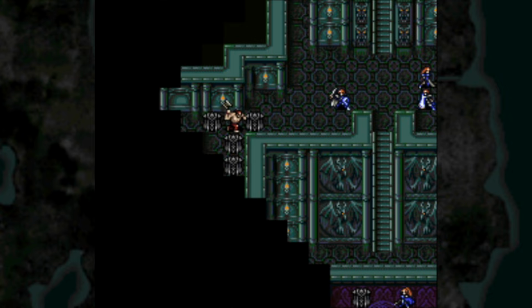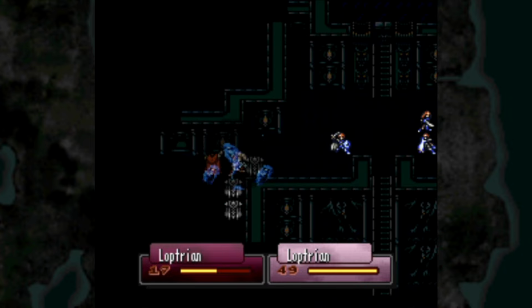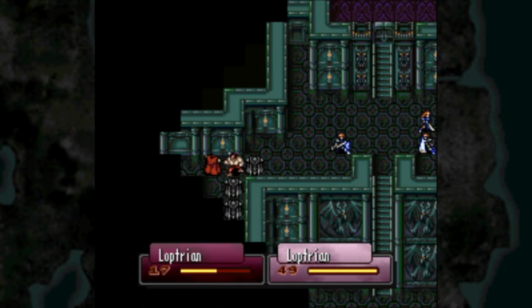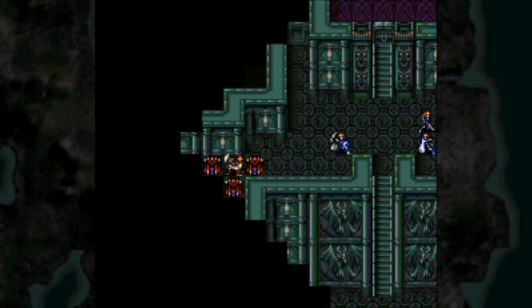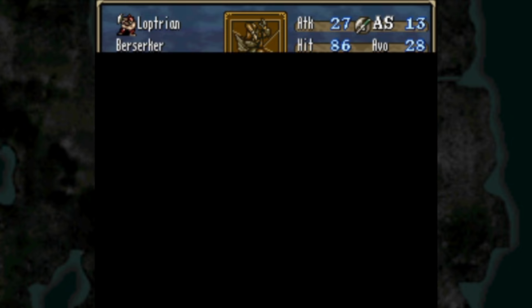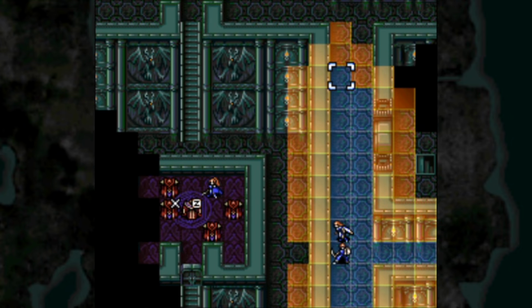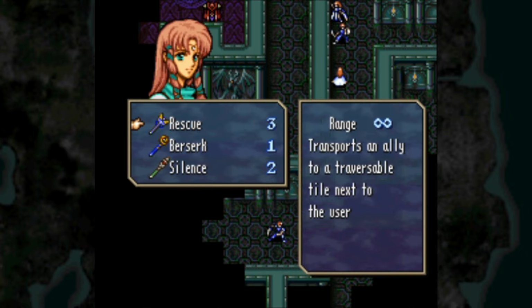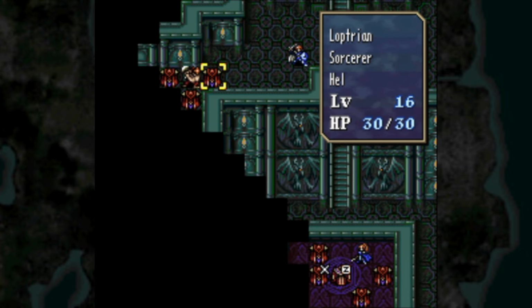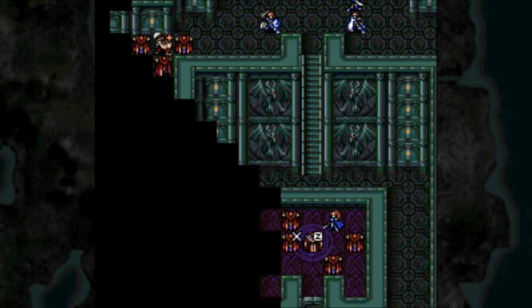Oh, there's so many rewarpers. And there we go. Wait, he's capturing? I love enemy AI in this game. It's amazing. That guy clearly wanted a Hell Tome. But you know what? Maybe not Sarah. So, Lenoan...